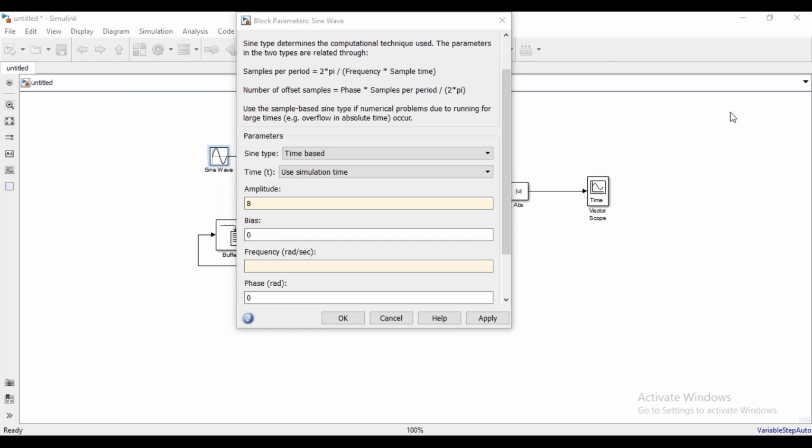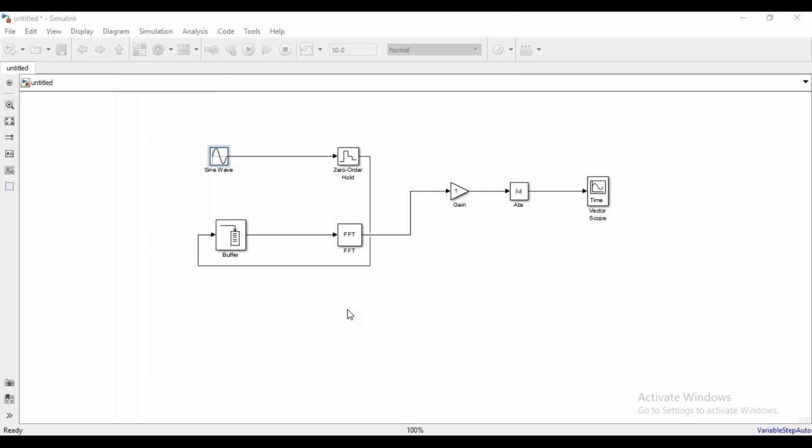All right, so we will just put the 2 pi f thing here in place of frequency. So I'll just write down 2 into pi, the constant, which will be identified by MATLAB, multiplied by f. Okay, that's the linear frequency. I will assume that it has 1e3, which indicates 10 to the power 3. 1e3 indicates 10 to the power 3, right? So this is how we are selecting the frequency, and just say apply. Because we have set both amplitude and frequency, okay, right? So we have defined the first block, the sine block.